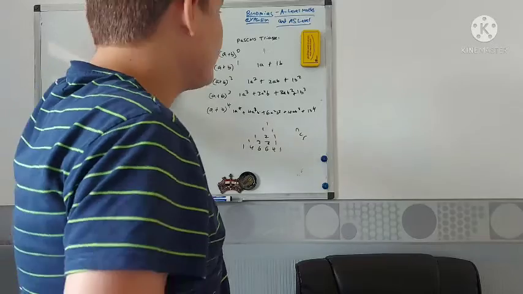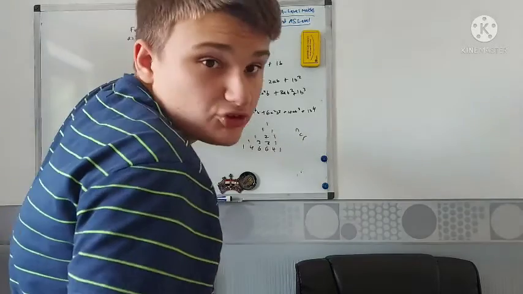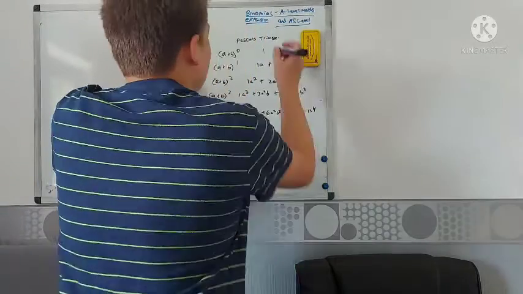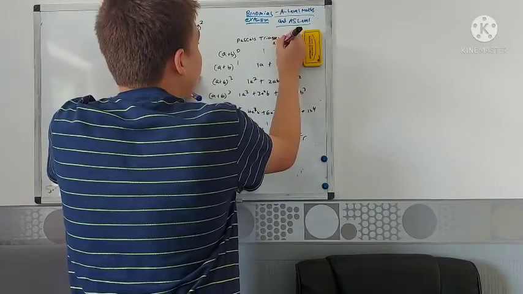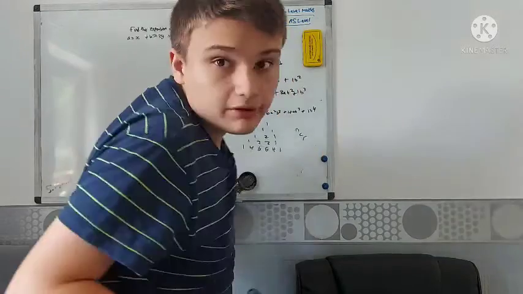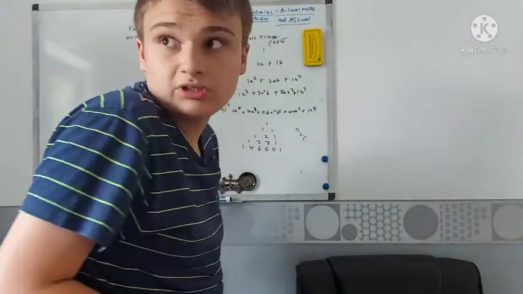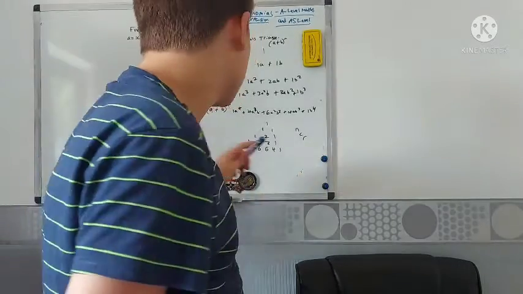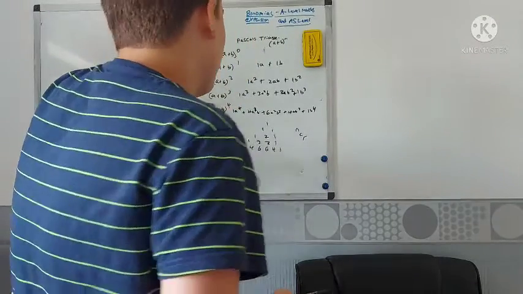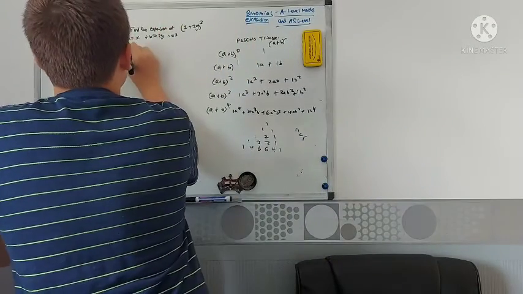Pascal's triangle gives us the coefficients. So, how will we do it? Well, we know the coefficient from the row. So if I write in 1a